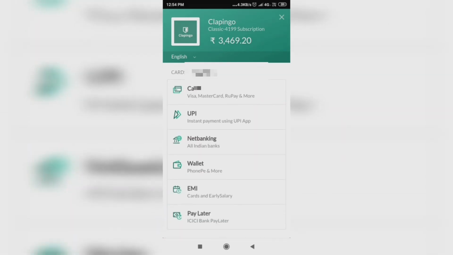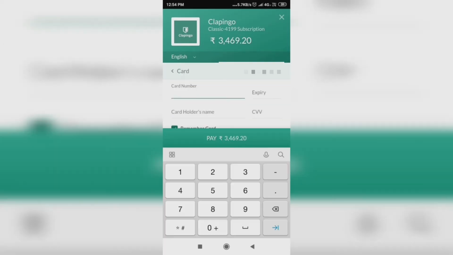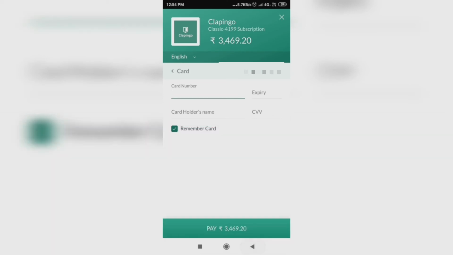Then there are a lot of options like card, UPI, net banking, wallet, EMI. I select card. Then I have to put my card number here and also all the necessary details. Then you have to click the pay option. Now I have already subscribed to Clappingo, that's why I cancelled it.